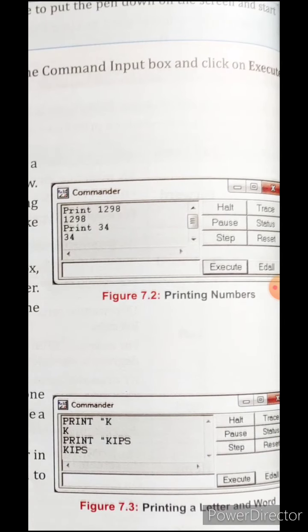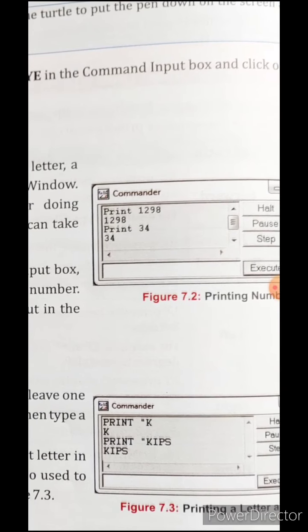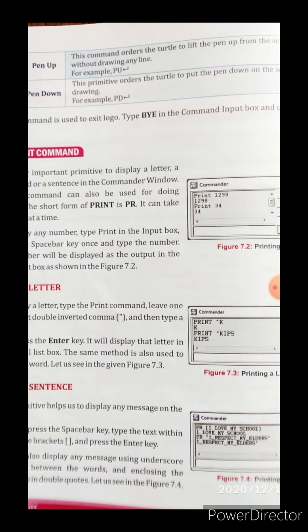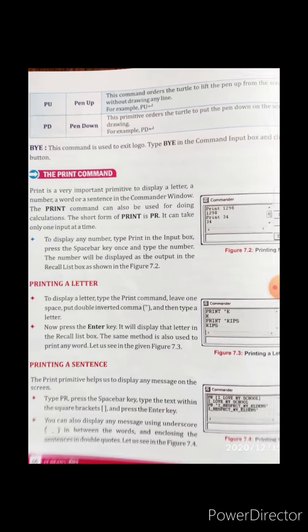Suppose I want to print 1306. So print 1306, if we write it down in the command box, it will print. You can see print 1298, in the next line it has been printed 1298, and after that print 34. This way 34 has been printed.